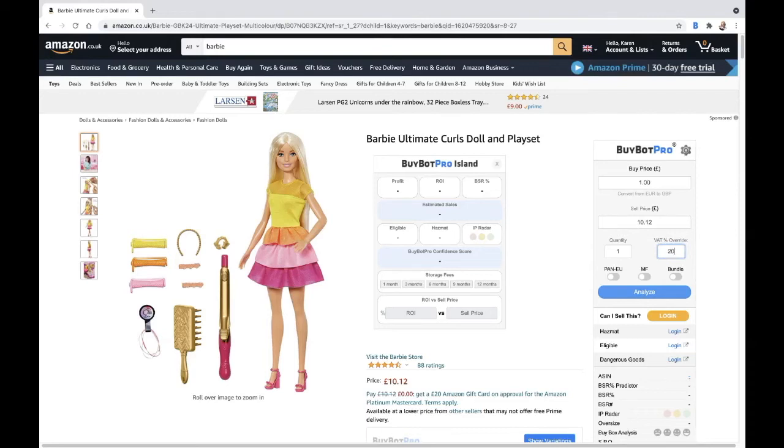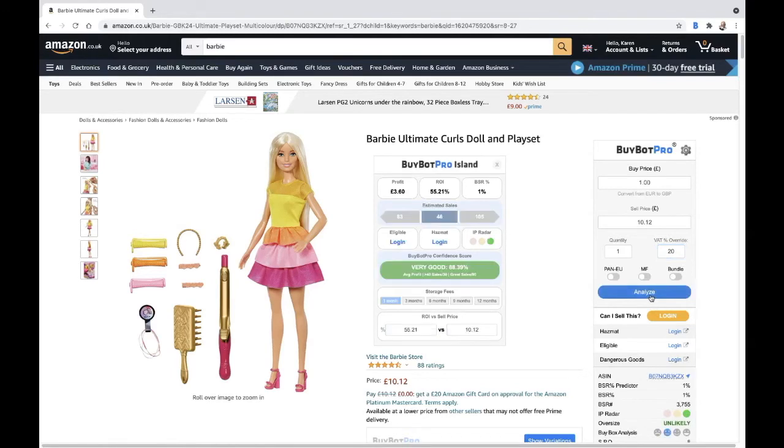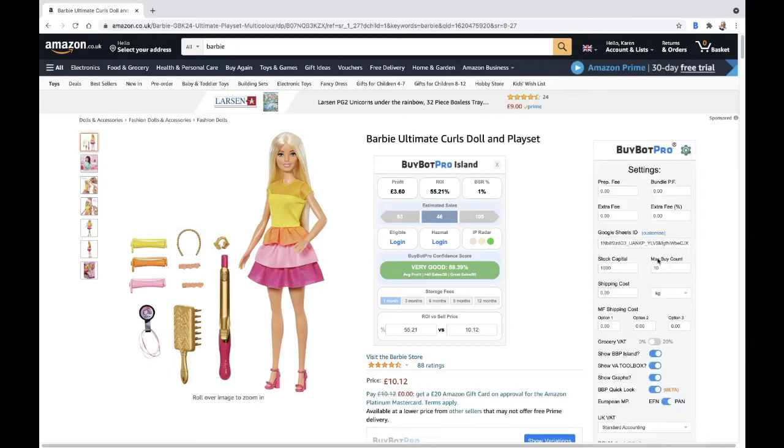So we can say, no, we're going to add in 20%, and analyze a deal with 20%. It will override the 0% that we've put in here. If this was in grocery, it'll override this and put it back to 20% for us.